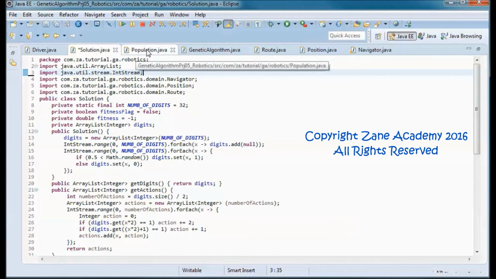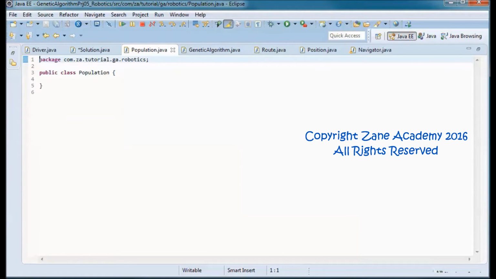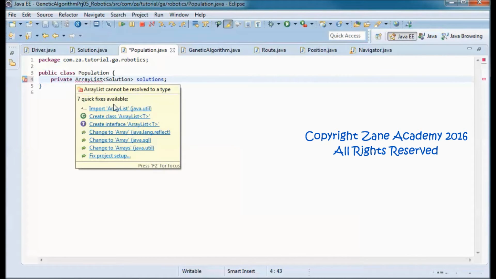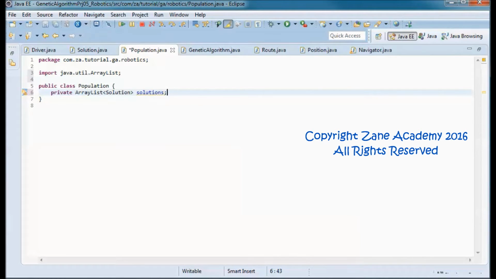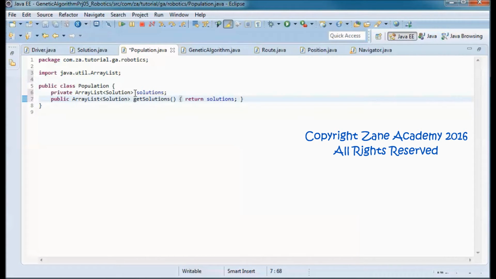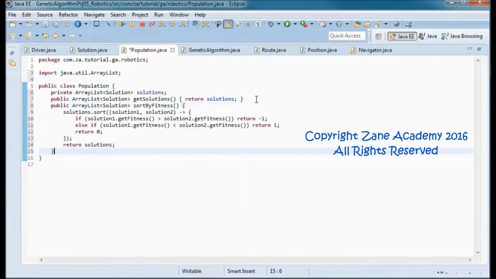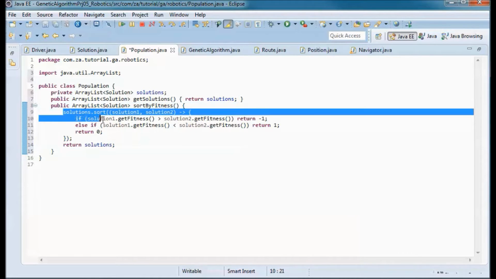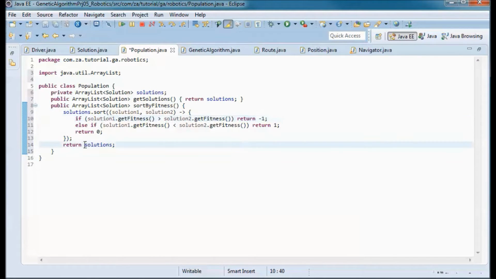And next we'll be doing the population class. Here we will have an array list of potential solutions, and a get method that would return those solutions, and a sort method that would sort those solutions by fitness, using Java 8, and it would return a sorted array list of solutions.